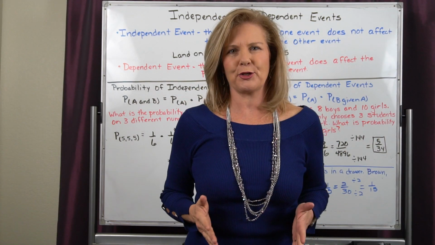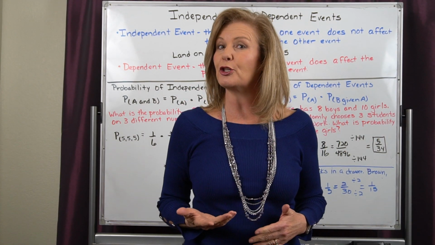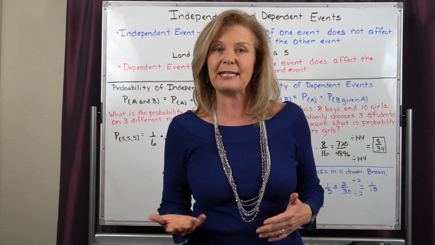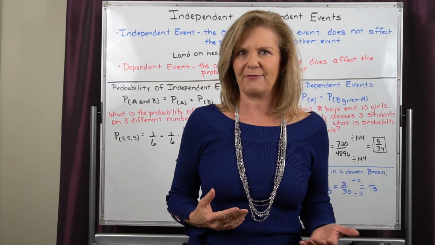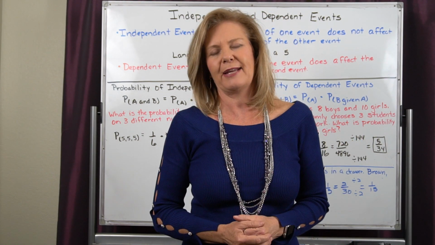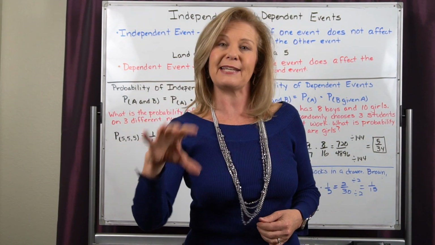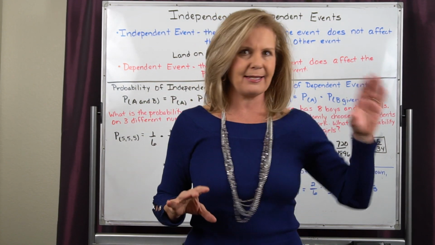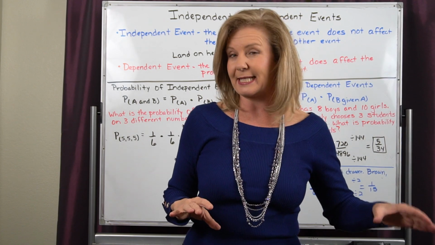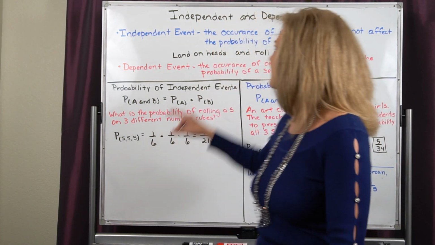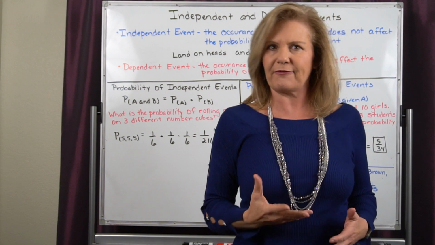There is so much to probability, and today we're going to look at something called dependent events and independent events. Let's start with independent events. When we're looking at independent events, it means that whatever happened in event A has nothing to do with what happens in event B. So an example of this is, say that I have a coin and I flip the